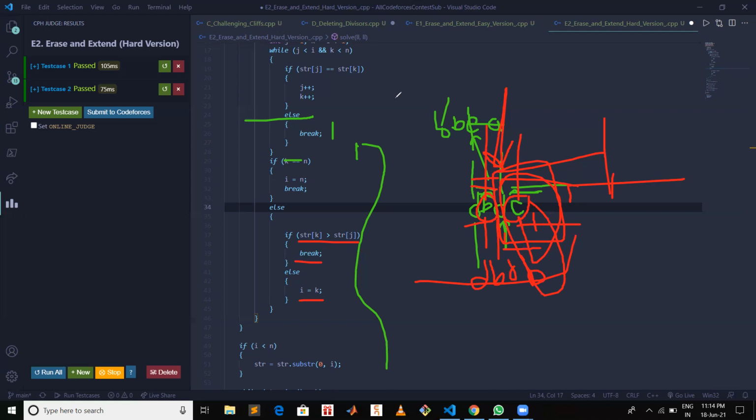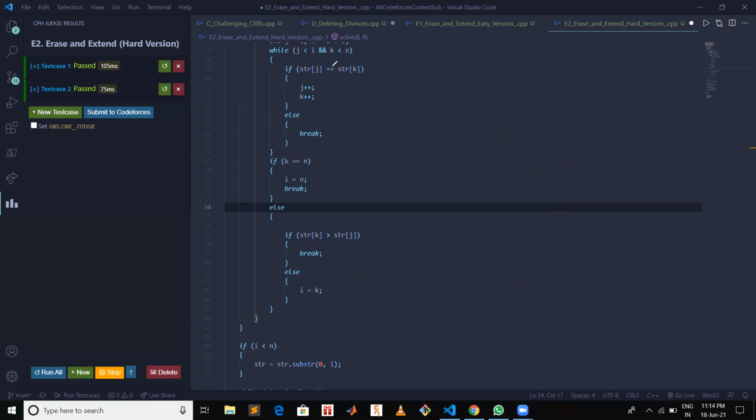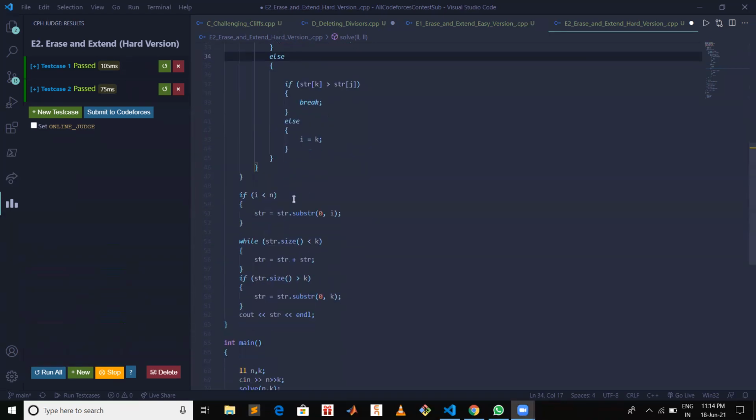Okay, so after this loop got end, we will have our I. So we will check if I is smaller than n, in that case we can say that we found some character in our string at ith position, such that if we delete all elements from I to n, then the rest part can be concatenated to get a k length string, which will be lexicographically smallest.